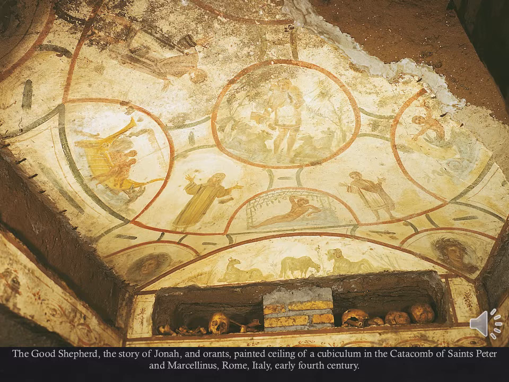What we're going to see is this use of very abstract symbolism, a good shepherd, the story of Jonah, things that can be used symbolically to represent Jesus Christ and the teachings of Christianity without blatantly calling it Jesus, without blatantly calling it Christianity. And we're doing that again just to try to keep the community of Christians safe from persecution.